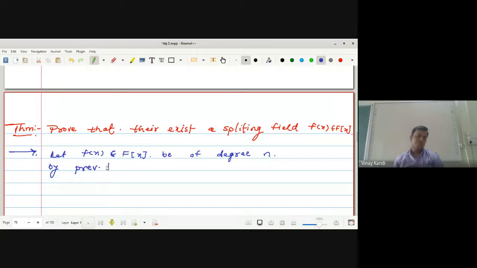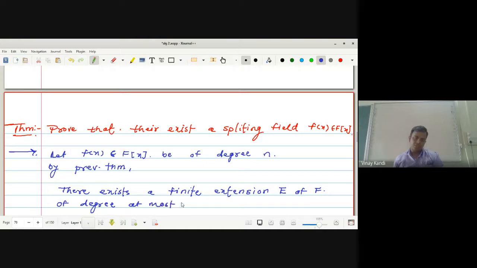By the previous theorem, we have there exists a finite extension E of the field F, of degree at most n factorial, in which